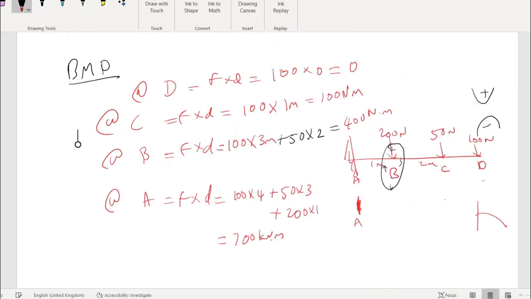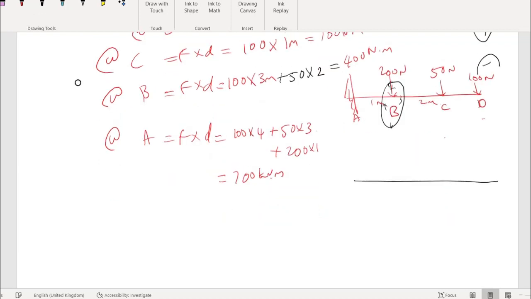Okay. See how, based on the positive and negative, we can answer correctly. Right. I take this same side to draw our diagram. Axis is like this. Start from here, D. This is our D. This is C. This is B and A. Okay. We need to plot the bending moment. How much is positive or negative?